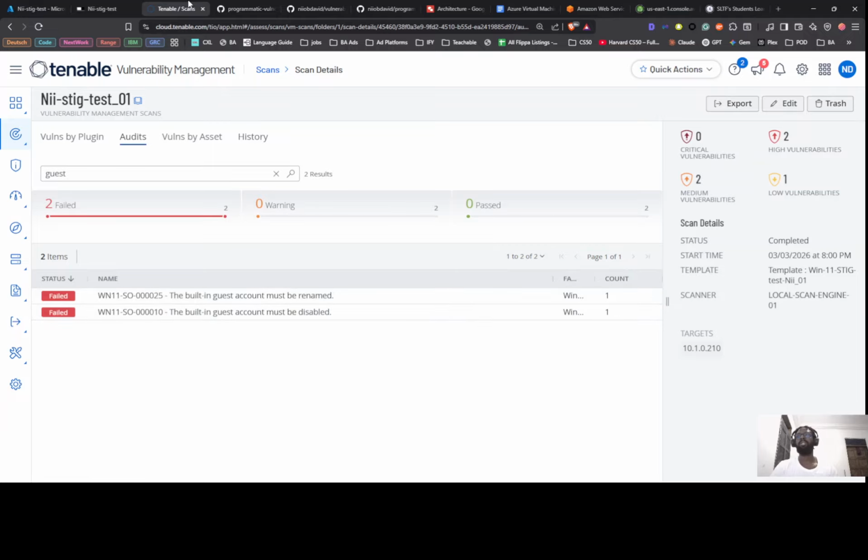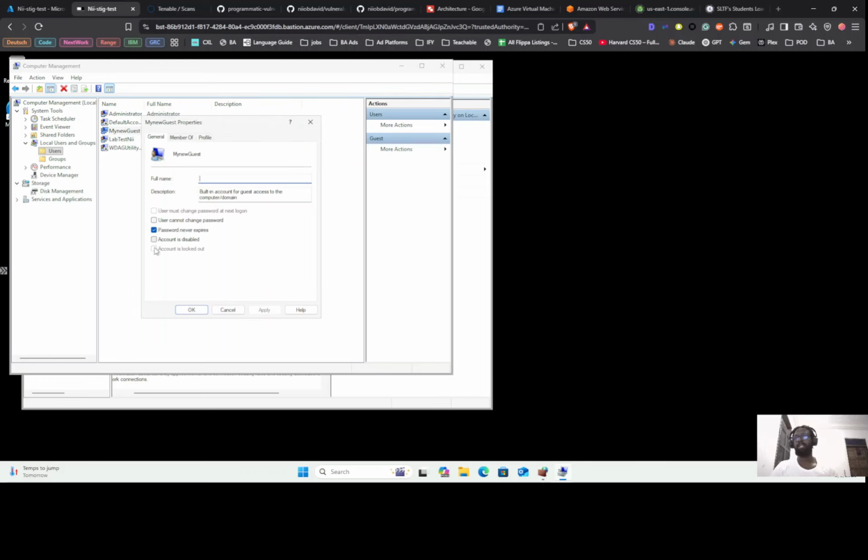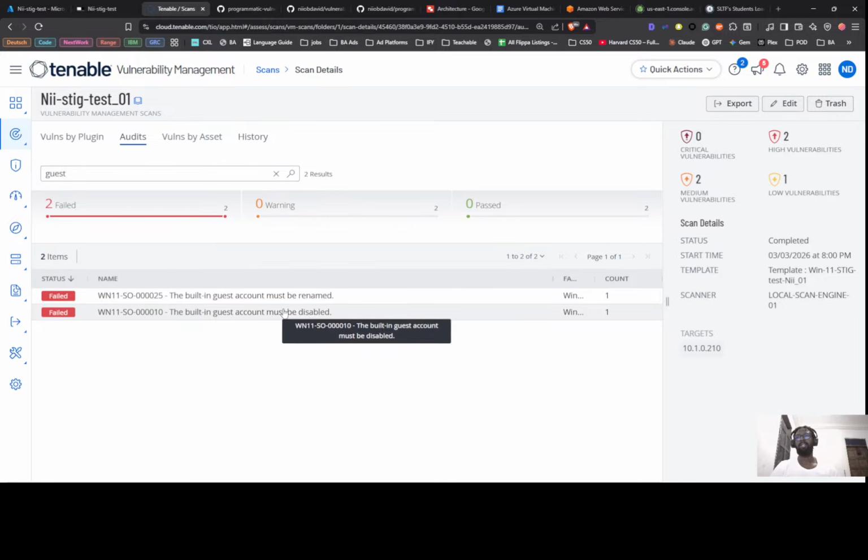So to solve this, we could just rename this to my new guest, and this will probably remediate it. And also, we're supposed to disable this as well because it's not supposed to be enabled in the first place. And so, basically, we could see that these failed the DISA STIG